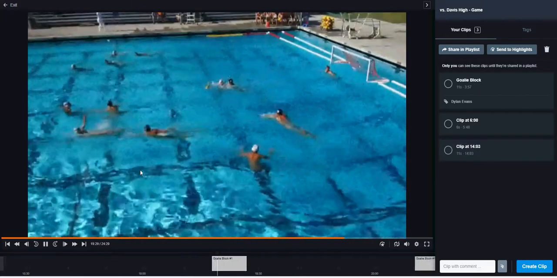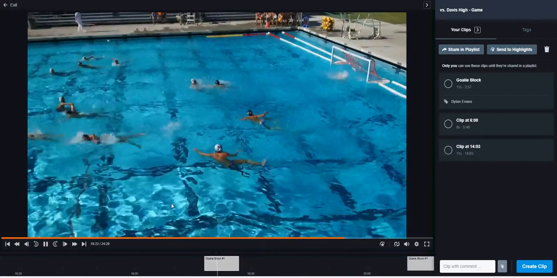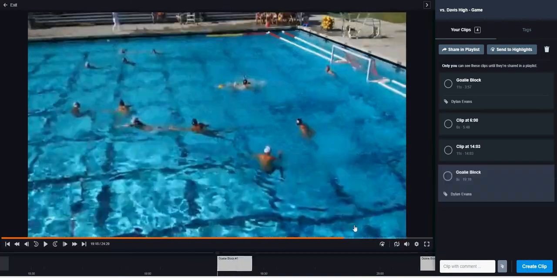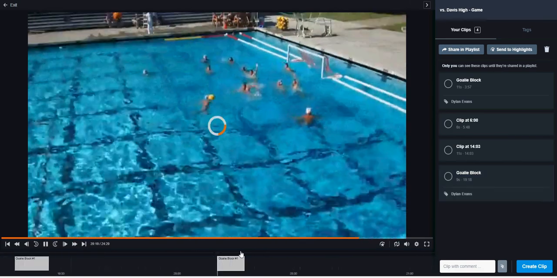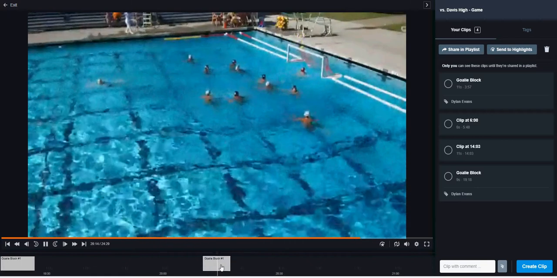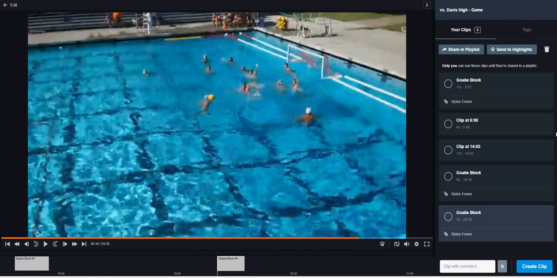Here's another block. It was a good block. I'm going to go ahead and right click that one, clip the tag, hit play again, go to the next tag. There's that block, and I'm going to go ahead and clip that tag. Okay, so what I want to do now is I want to take all of these